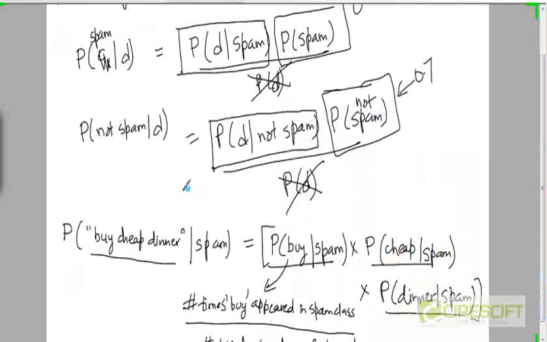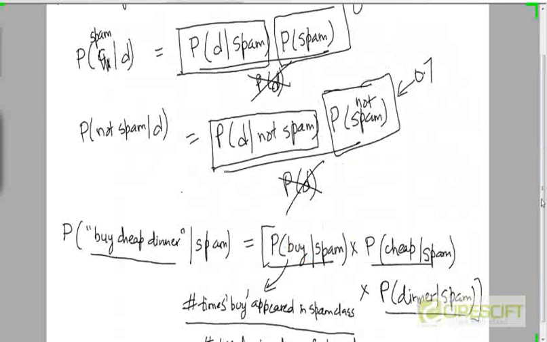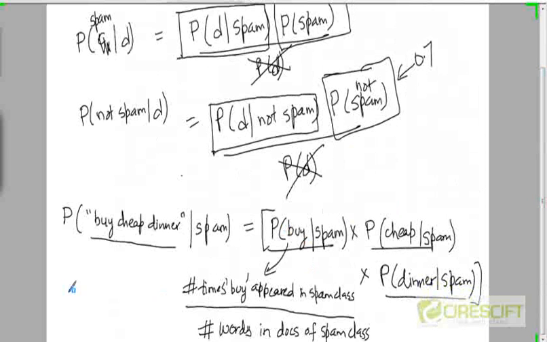We can start. Okay. So here is, I hope you were able to see this particular formula, right? Yes, sir. So what I asked you was, how would you estimate these terms? So let's say probability of buy given spam. This would be the number of times buy appeared in the spam class in total, counting multiple occurrences, divided by the total number of words in documents of the spam class.